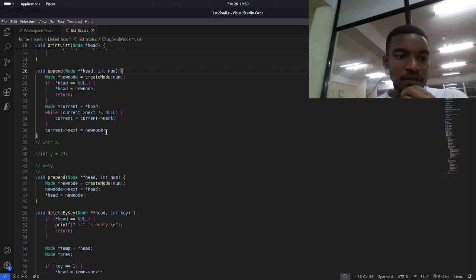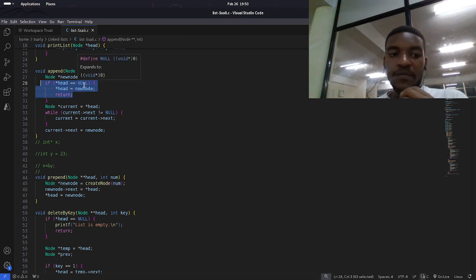Yep. So we go to appending. We want to be able to add a value at the end of our list. So if the address of the head is equal to null, if the head isn't pointing anywhere, that means there is no list, so we just have to equate our head to the address of the new node, such that our head points to the new node, and that's our new list. Otherwise,